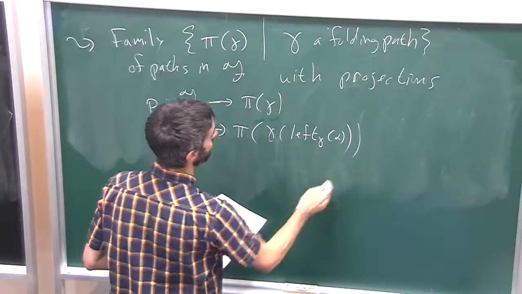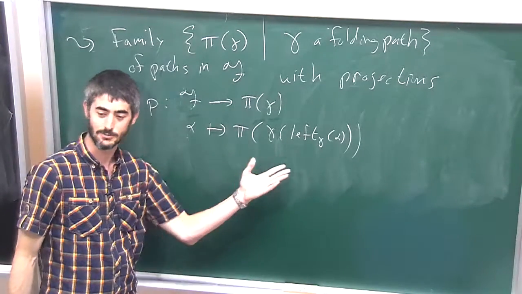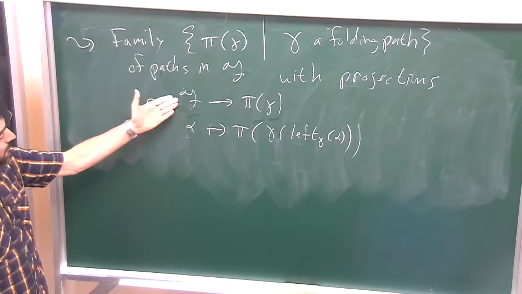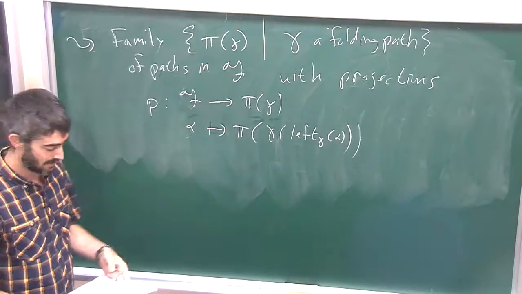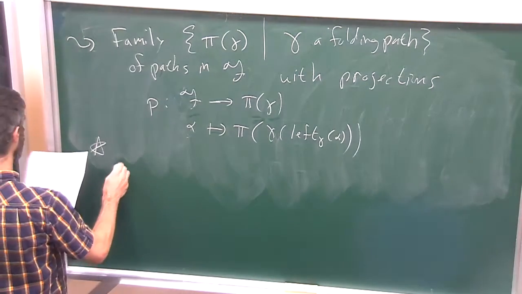So I look at the folding path, I find its left thing for this conjugacy class, and I project it down. Right would have given me the same thing. It's well defined because it's bounded distance. So this is a way to get a map from the whole free factor complex onto each one of these paths. OK, so here is the upshot: